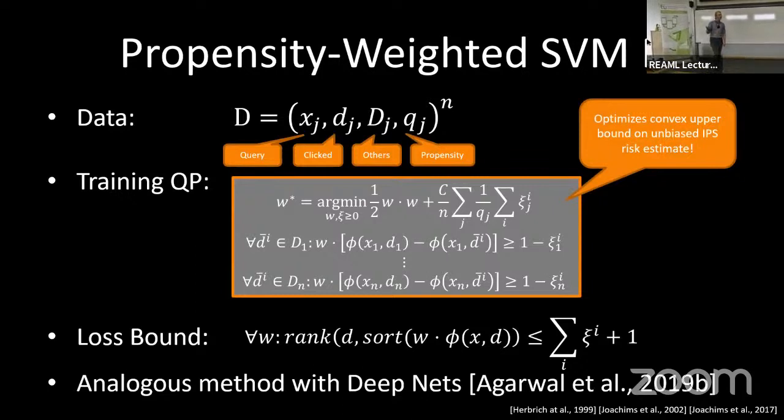It turns out that it's actually really easy. So I've shown it for ranking SVM. If you've seen a ranking SVM, you will say, well, that looks exactly like a ranking SVM. And then you're like, oh, no, wait, there's a 1/Q in there. And that's the only difference, right? So the only difference is a little bit of a weighting. Otherwise, it's exactly the same theory also goes through.